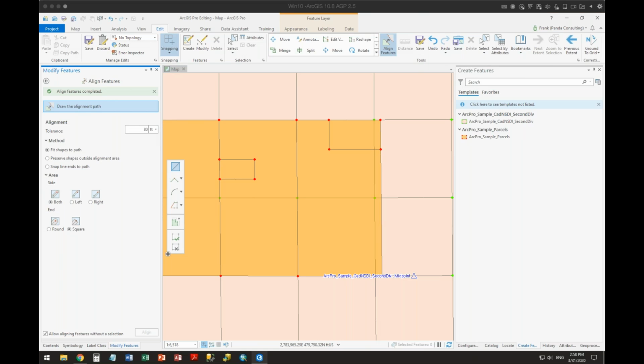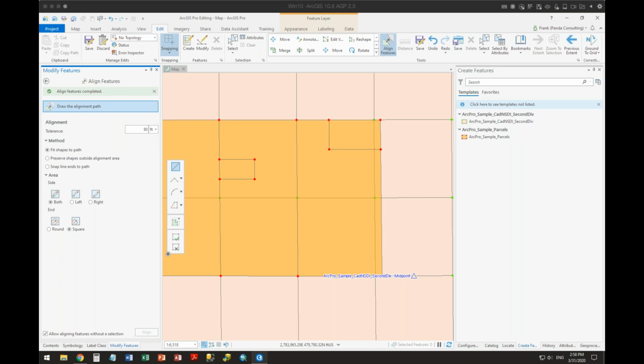Everything from on-premises, where you have your own server, to Amazon Web Services, to Azure, I mean, there's a whole series of them. But by far, the easiest way to do it is with a file geodatabase with just one editor.